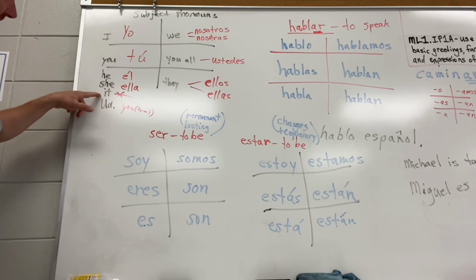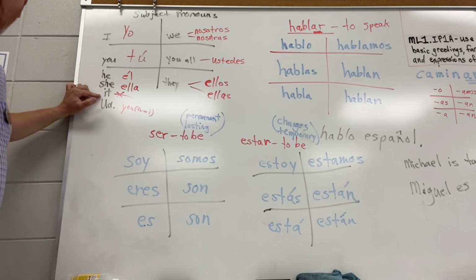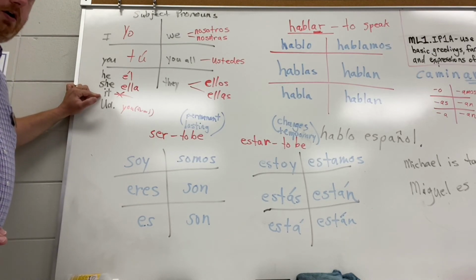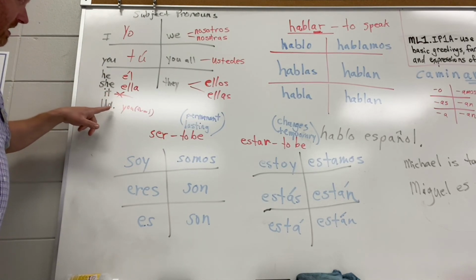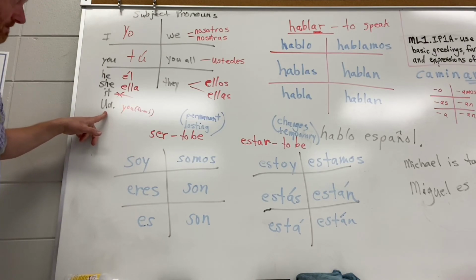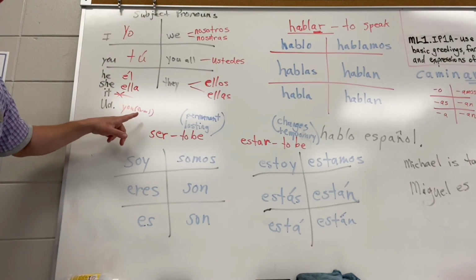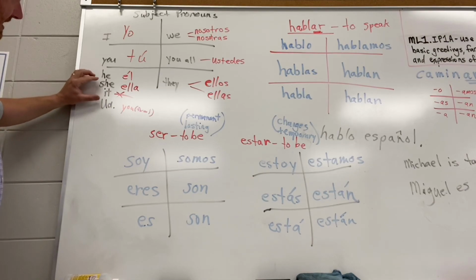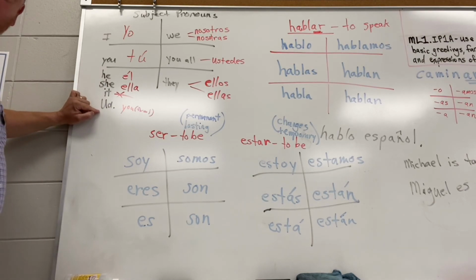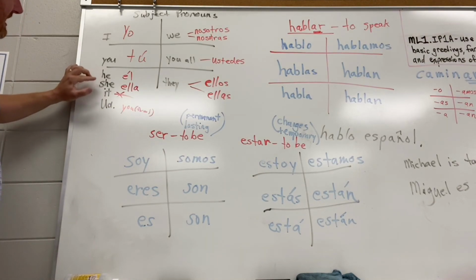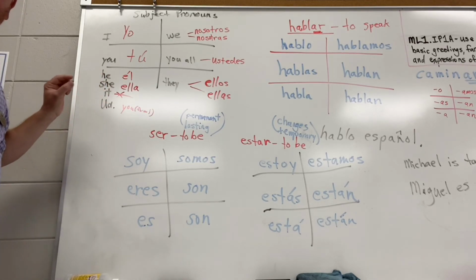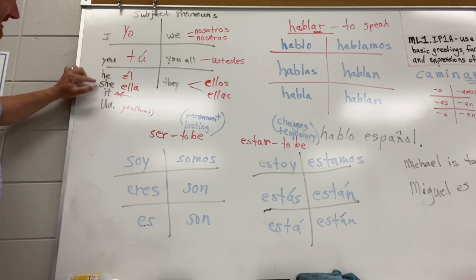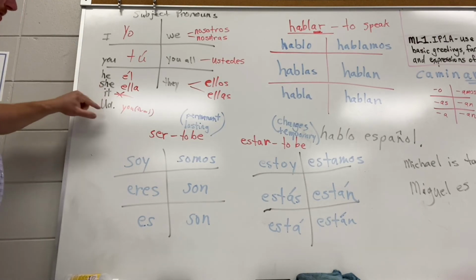And then it, of course, since all Spanish nouns are going to have a gender, male or female, we don't have an it in Spanish, so there's no equivalent. And we do have usted, which is you formal. Now, note here that we group the usted form along with he, she, and it. The reason being is that the ending that the verb uses for usted is the same as he and she, so that's why we put it here.